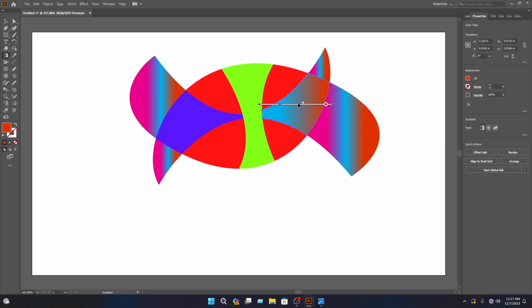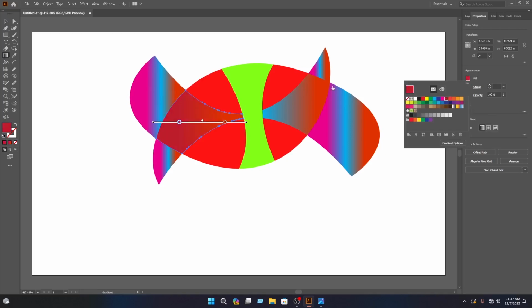Then you have to select this and drag this in here, then select this and drag this in here, then select the move tool, then you have to select this and select the gradient tool, then click on here, then select this and drag this in here, then select this, then click on the fill, then select this color, then you have to select this, then click on the fill again, then select this color, then select the move